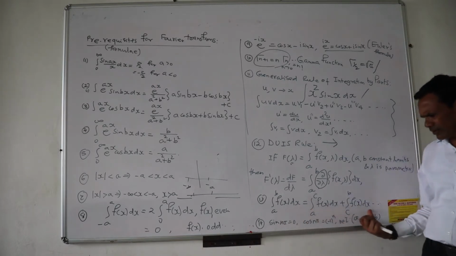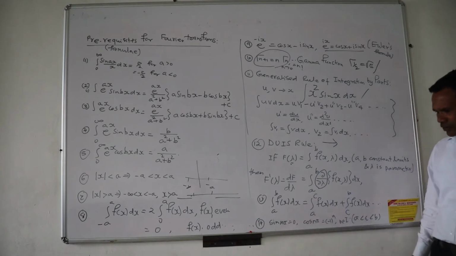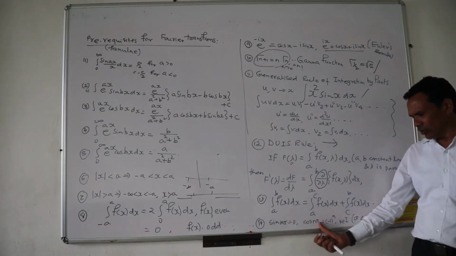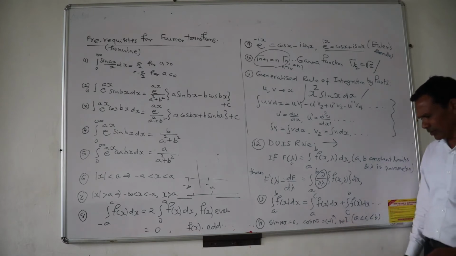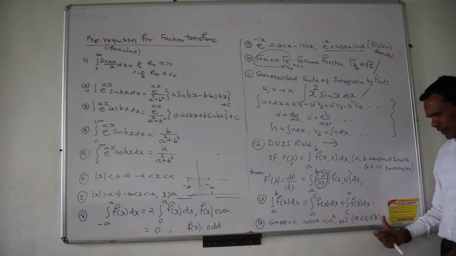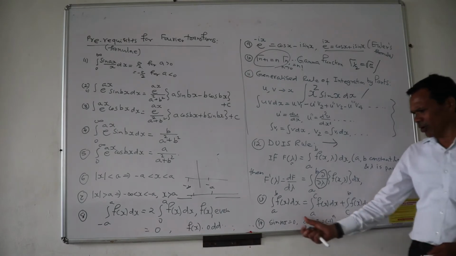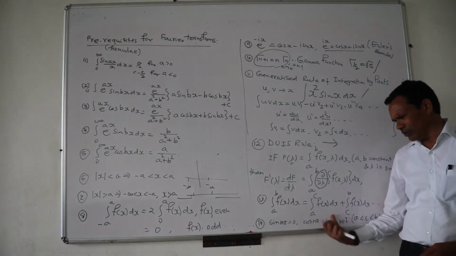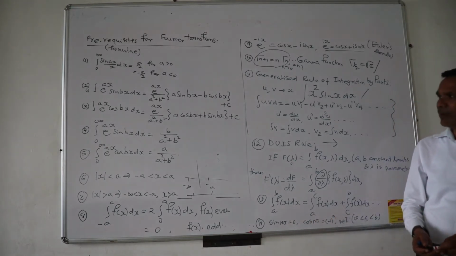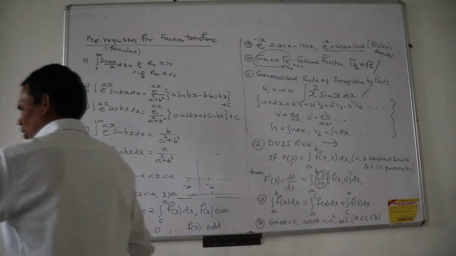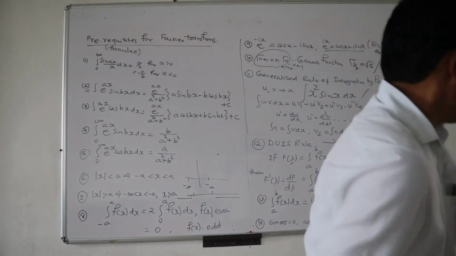Now number 13 is again the splitting property of the definite integral, and 14 gives some values: sin n pi is 0, cos n pi is minus 1 raised to n, where n is an integer. Similarly, you have cos pi by 2 is 0, so these values can be obtained there. But these are important formulas to be remembered while finding values, to solve or work out some examples